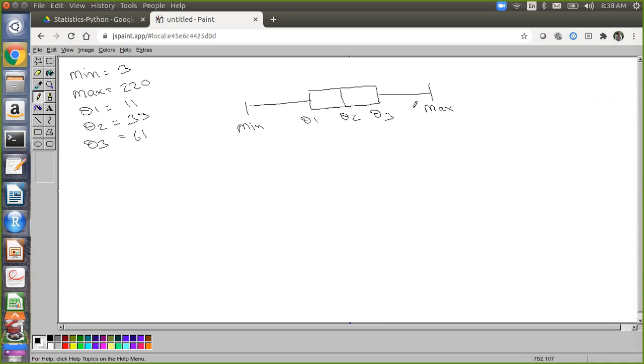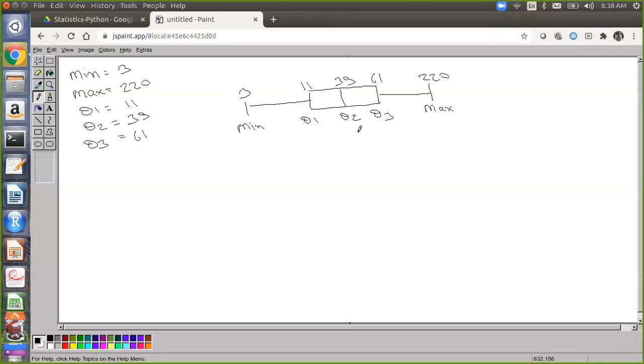When the interviewer asks what a box plot is, rather than giving definitions, you explain, okay, there is a 5-number summary, Q1, Q2, Q3, and then draw the box plot in this way only. Whenever you are solving, draw it this way. Only one person has done it this way. 3, 220 and 39, 61, 11.